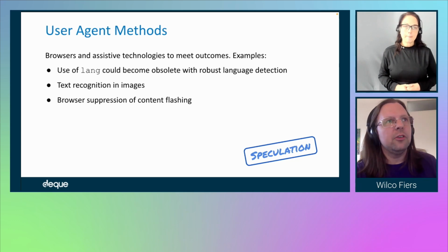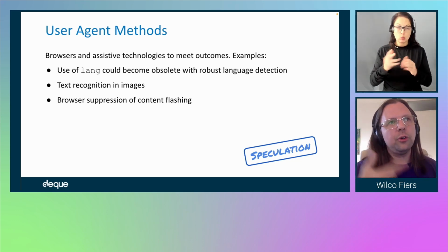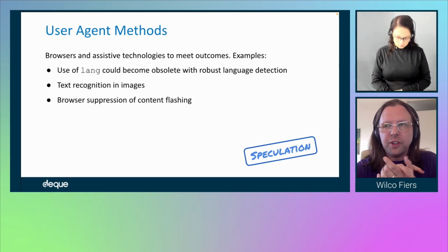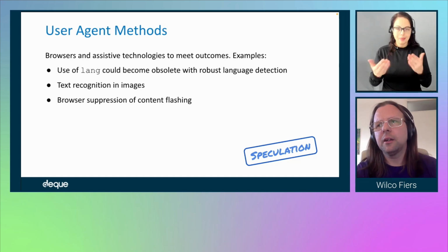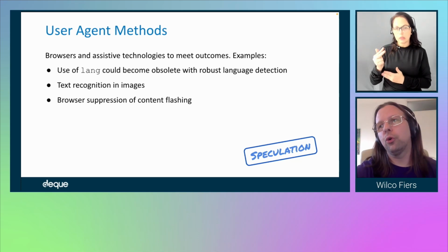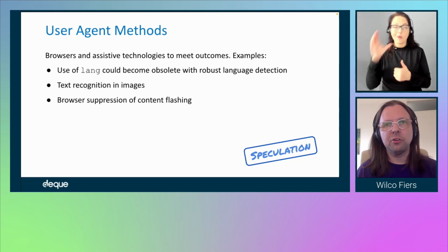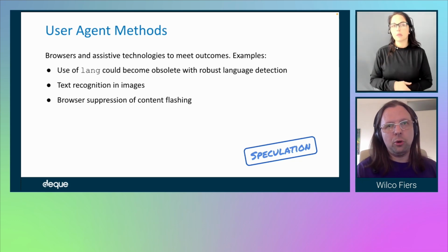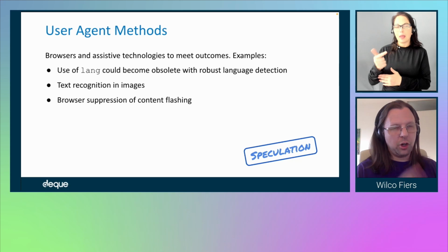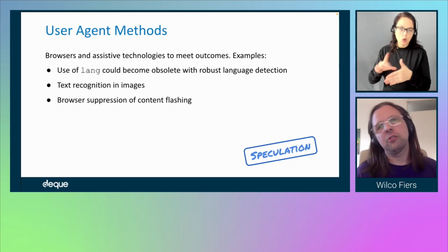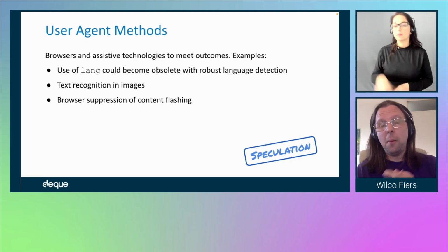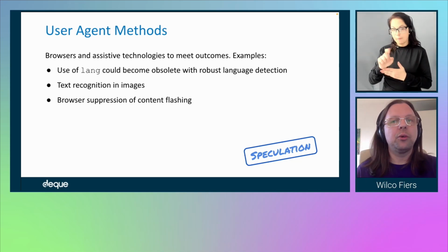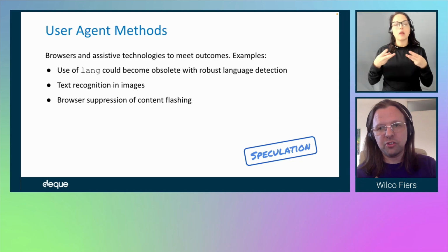There might be user agent methods, which is new in WCAG 3, which will be a way for browsers and assistive technologies to satisfy an outcome. So right now, WCAG 2 is all about content authors. It is content authors must do X, Y, Z. WCAG 3 may be shifting away from that model a little bit by providing ways that browsers and assistive technologies